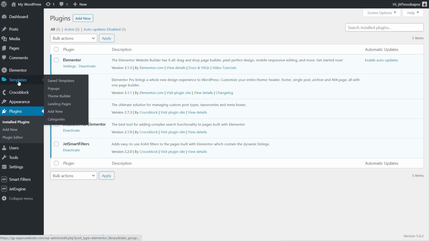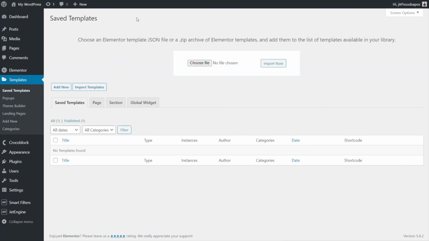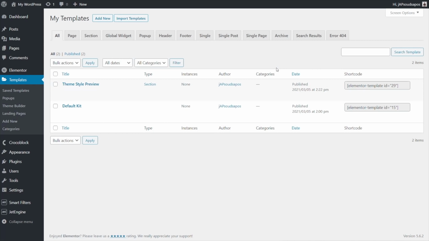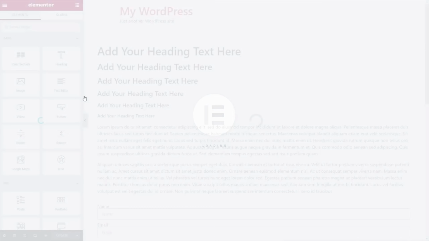So we're going to come over into templates, we're going to come into save templates, and inside there we're just going to say import. You can see it says choose file, so I'm simply going to drag my file up onto there, import that, give it a second or so, and you can see there's our theme style preview. We edit that with Elementor, we can now just come in and start to use this as the basis for